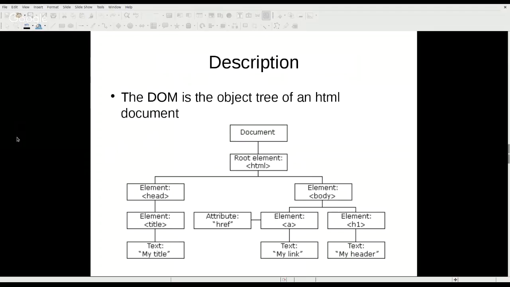So the description. The document object model is an object tree for an HTML document. So you've got the document itself, and then the root element is HTML. Okay, so root element HTML, and then you've got this other child element of root, which is head, and it's got a title element, which is a child, and then that title element has an inner HTML of my title,